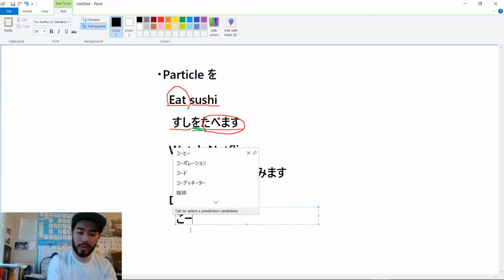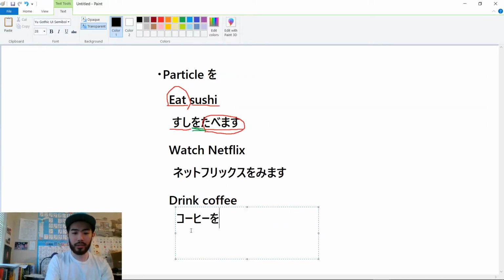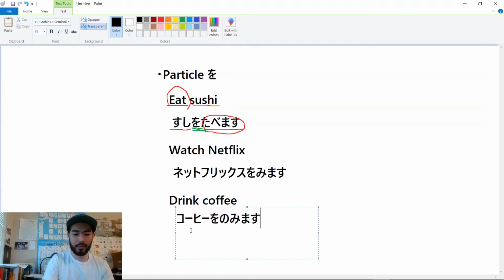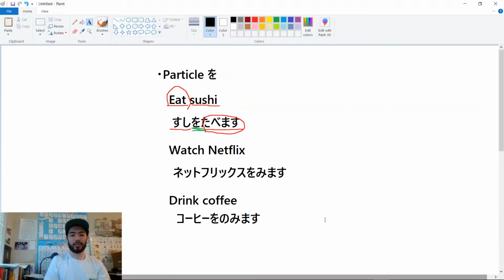Okay, and then same thing for the next sentence, drink coffee. So coffee in Japanese, コーヒー. And then the を particle. And then to drink, 飲む, in present affirmative tense, so 飲みます。